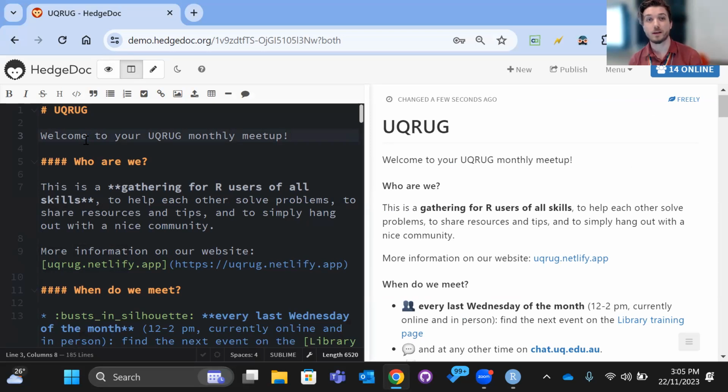HTML is a form of markup language that you would be at least remotely familiar with, but it's a more complicated markup language with complicated bits of code, whereas this markup language, Markdown, is very simple. If you want to add a title, you simply add a hash and then some text. If you want to add a 4th level title heading, you add 4 hashes and some text. And you can see what that looks like on the right-hand side. If you want to make something bold, you add some asterisks either side of the thing and it makes it bold. If you want to learn more about Markdown, let me know, but that's all you need to know for now.